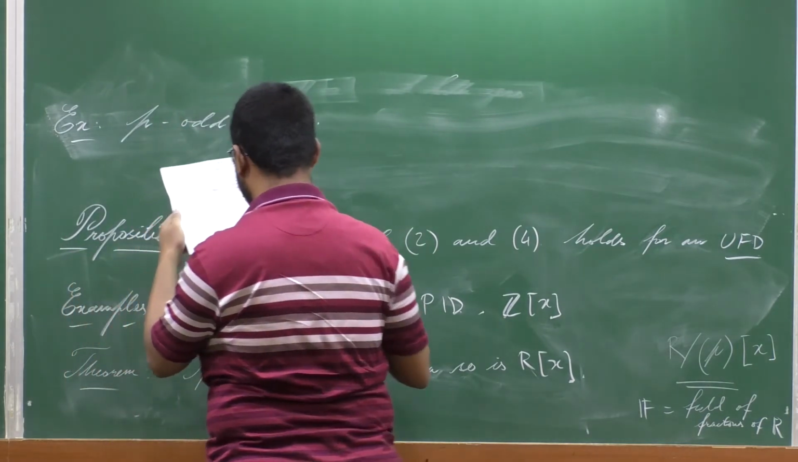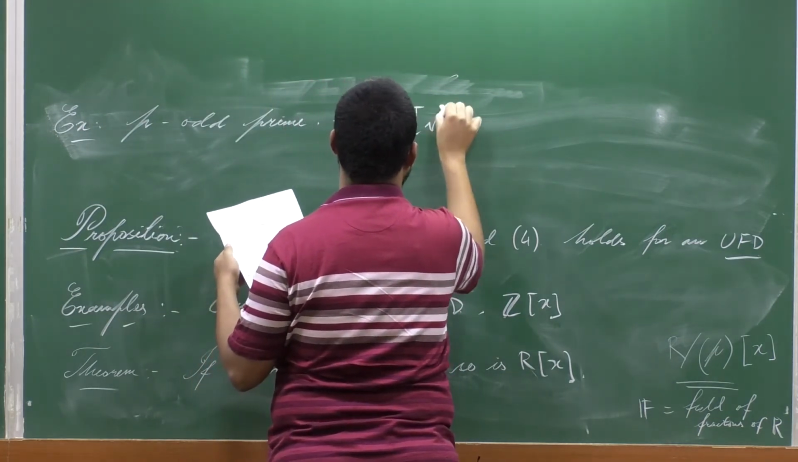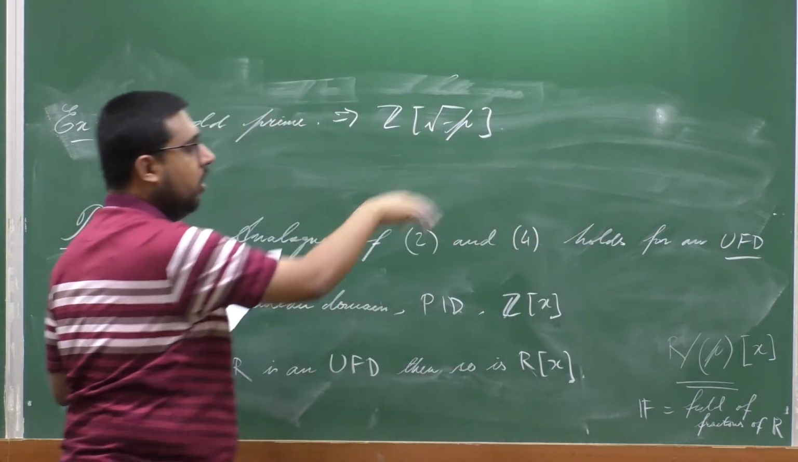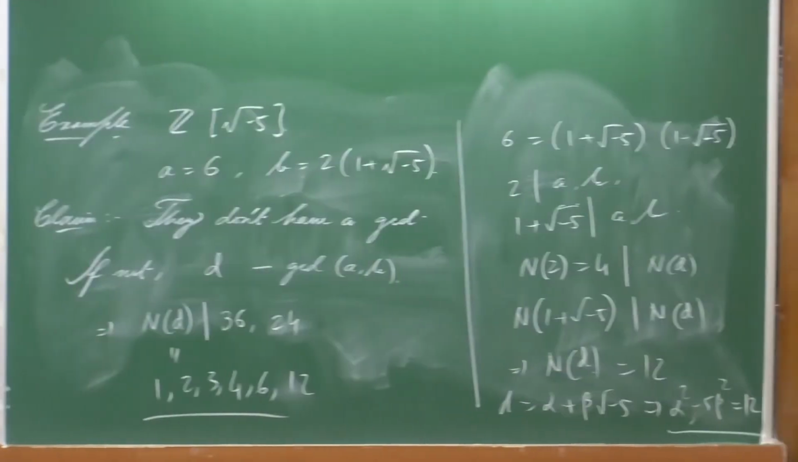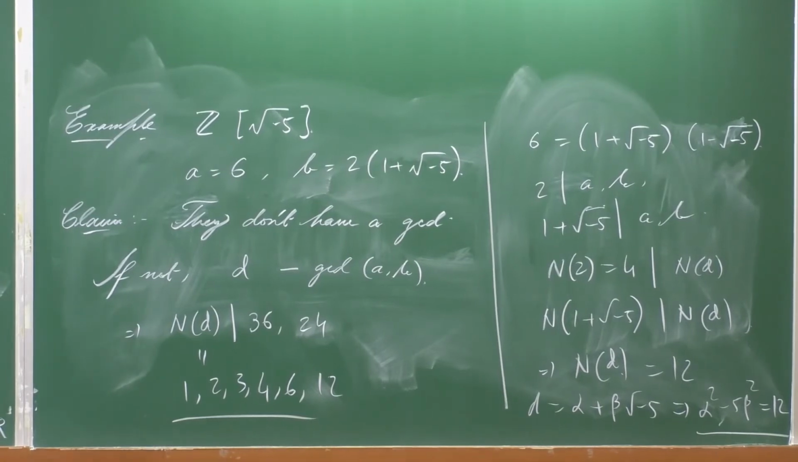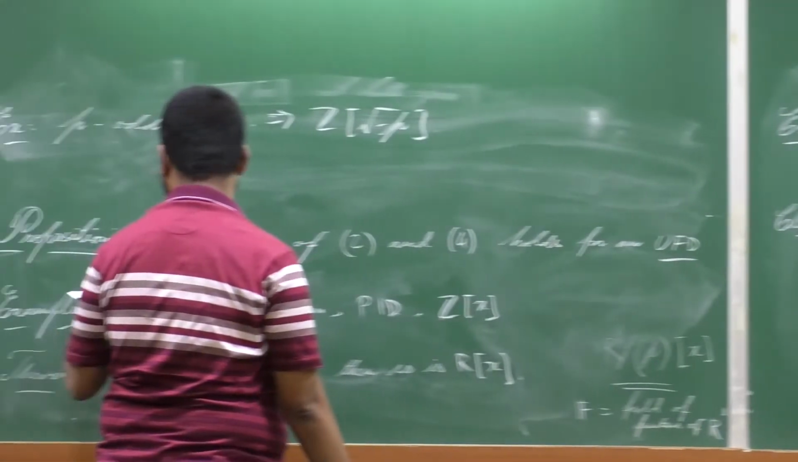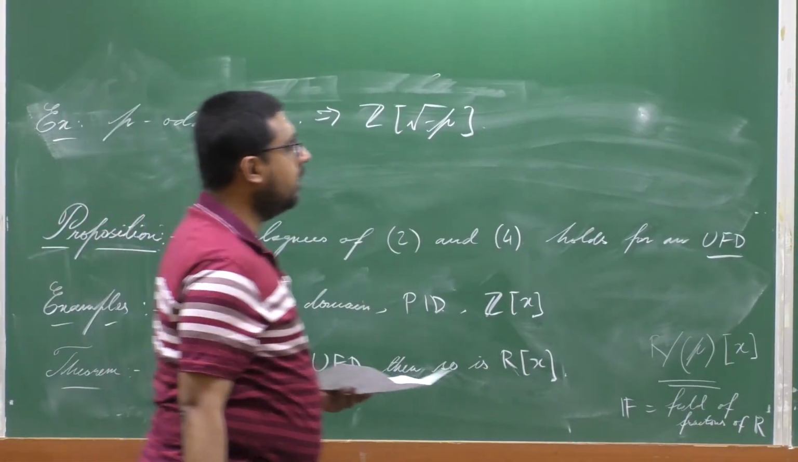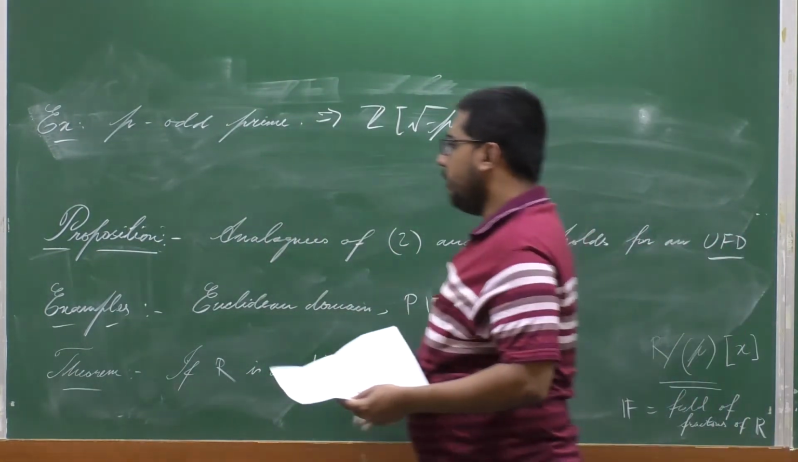Let p be an odd prime, then Z[√-p] is not going to be a UFD. The proof goes along the same line as that of Z[√-5]. So here we have proved this is not a UFD by using the analog of property 2. However, we can also show this is not a UFD in a different way,